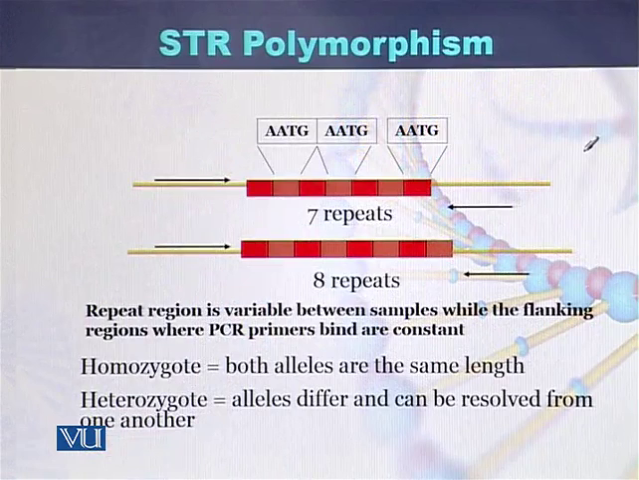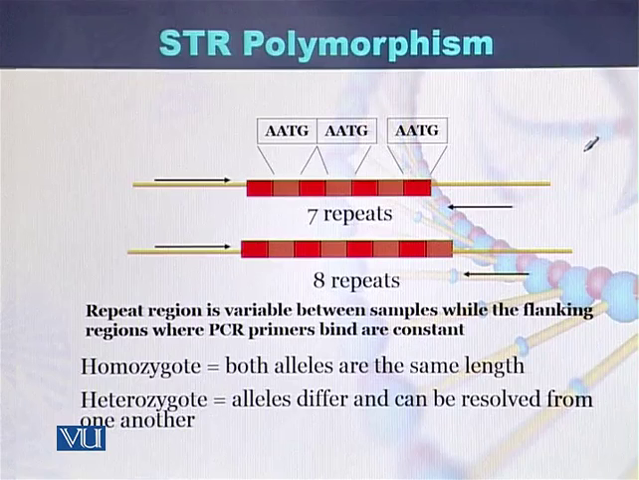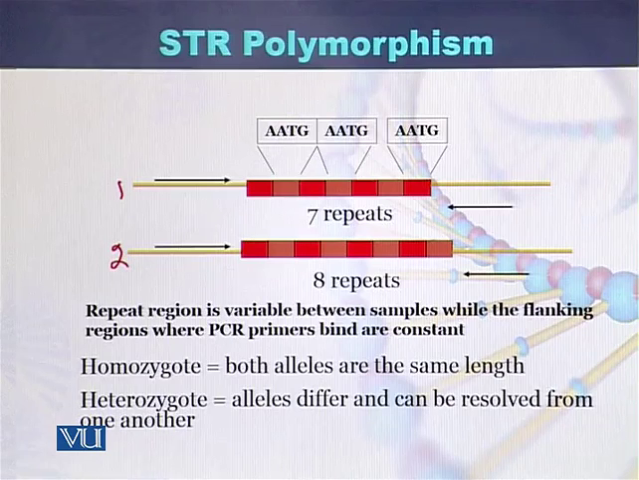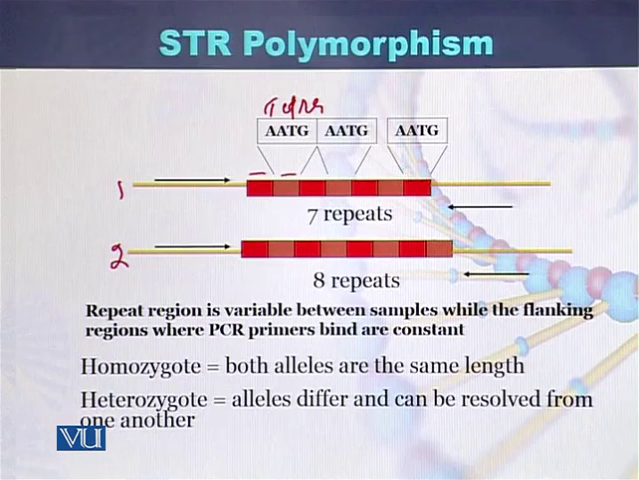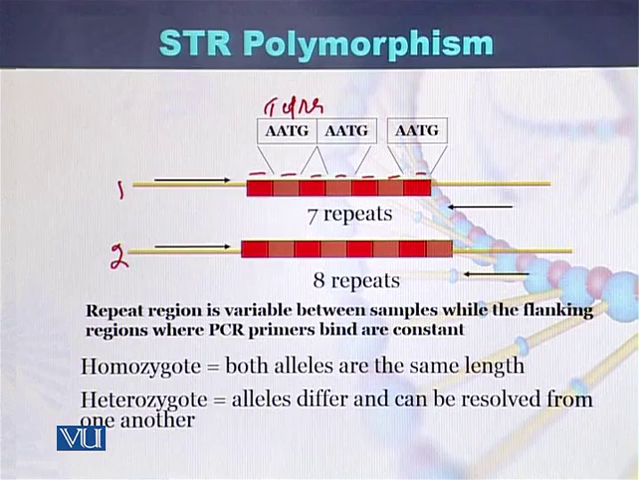Here we can see how to understand the phenomenon of STR polymorphism. There are two DNAs: DNA 1 of individual 1 and DNA 2 of individual 2. In this case, there are 4 nucleotides, that is, a tetranucleotide, so there is a repetition of a tetranucleotide. Each block represents a tetranucleotide: 1, 2, 3, 4, 5, 6 and 7. So there are 7 repeats of AATG